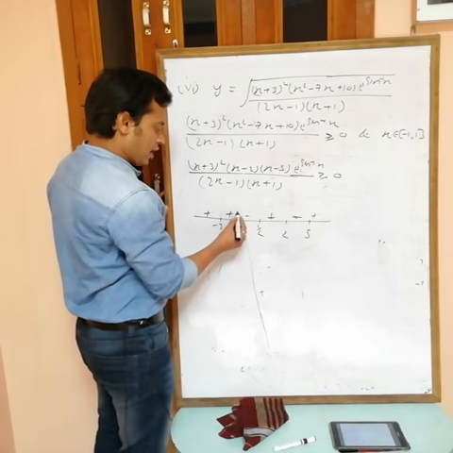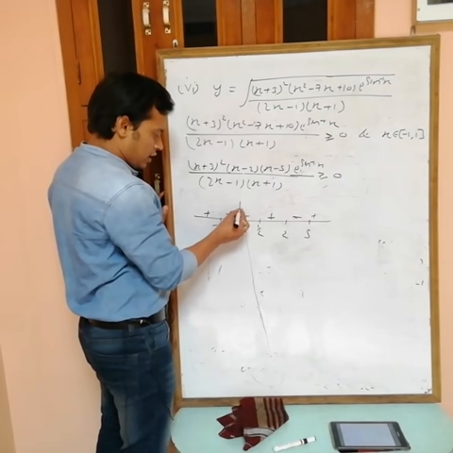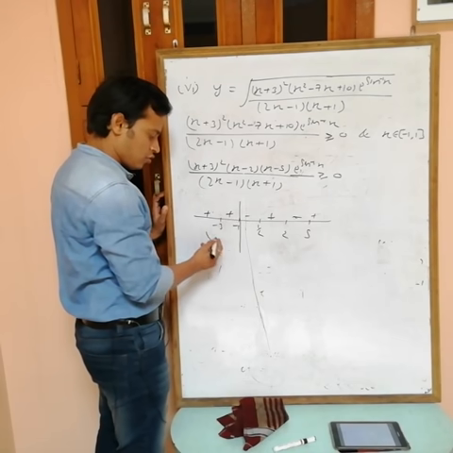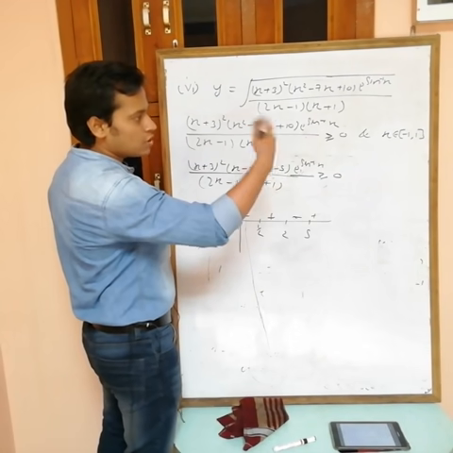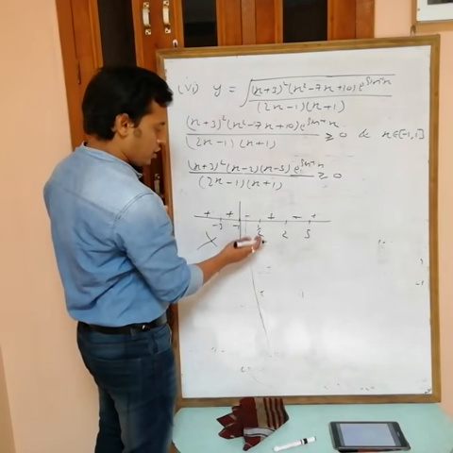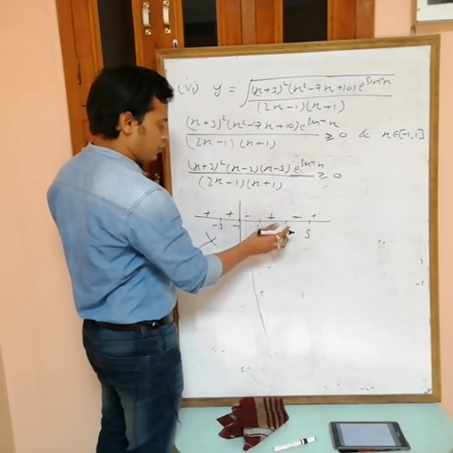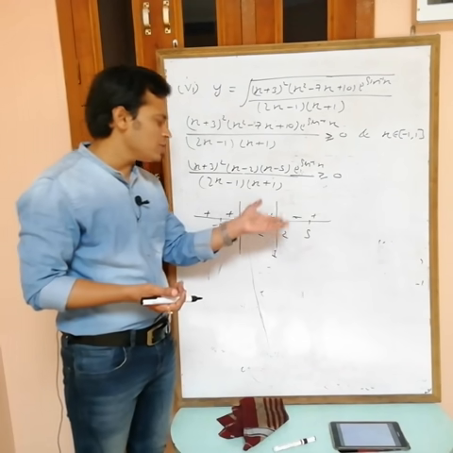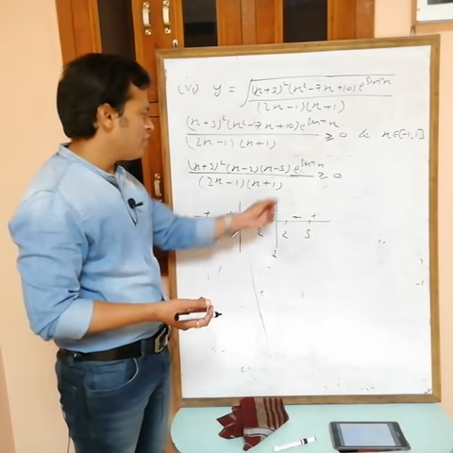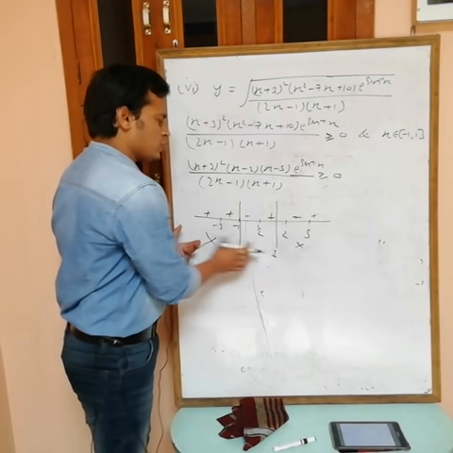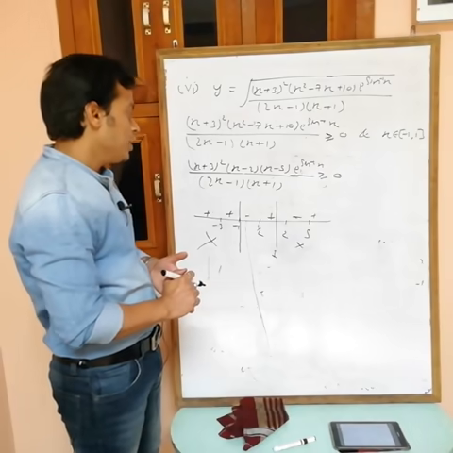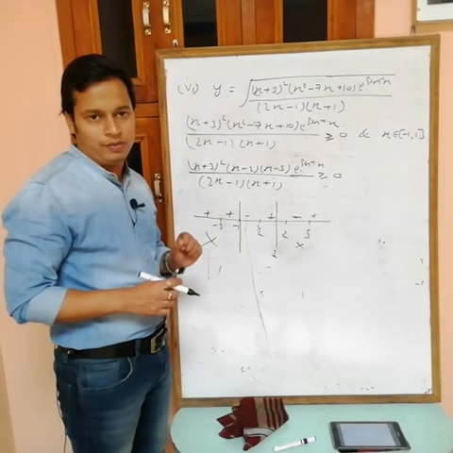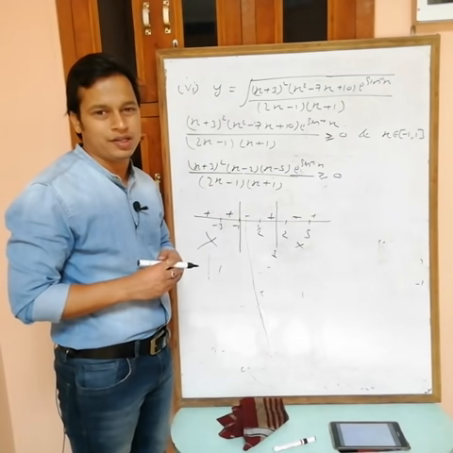Okay, see, -1 to +1 means you can't take any x which is less than -1, these are not useful. And also the highest value of x is only +1; here we have 1/2, between 1/2 and 2, here we have 1. So you can take only x from -1 to +1, so just take between this one. What do you want? Greater than or equal to 0, there is no need to see this section. So, greater than or equal to 0, we want the plus sign, -1 up to 1/2, this one with the negative sign, so we can't take it.